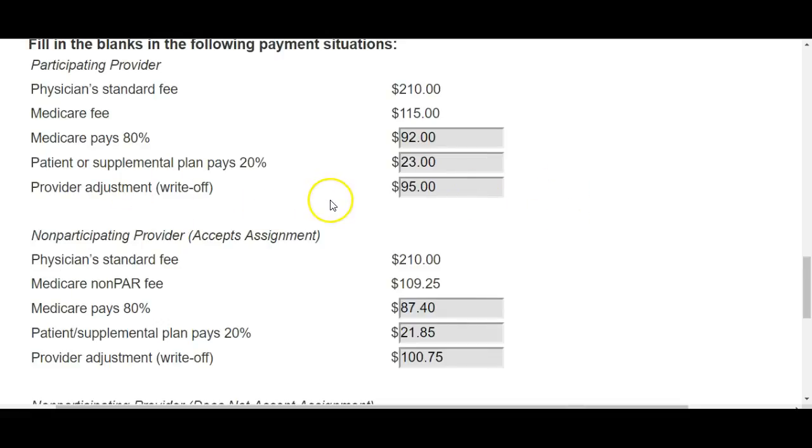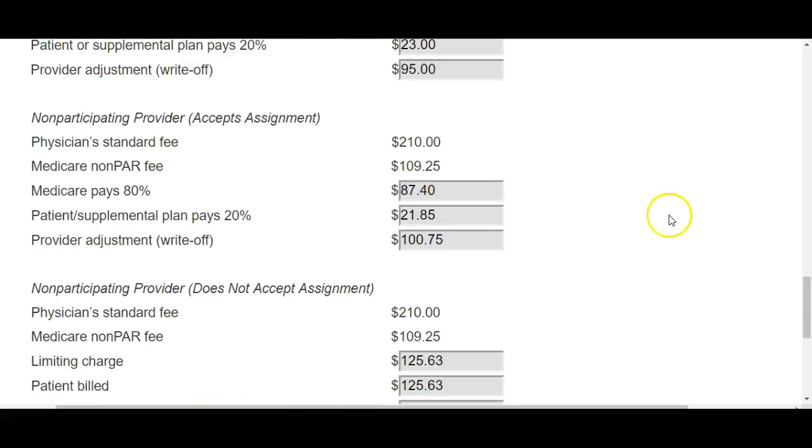In the first scenario, the patient has $95 written off. So they write that portion off, and the patient pays a $23 copay. Okay. And then the practice gets $92 for taking Medicare. And then in the second scenario, the practice ends up receiving a little bit lesser amount because they're not participating, but they do accept assignment. So they only get $87.40, and the patient pays $21.85, and then the provider loses a little bit more money for not participating